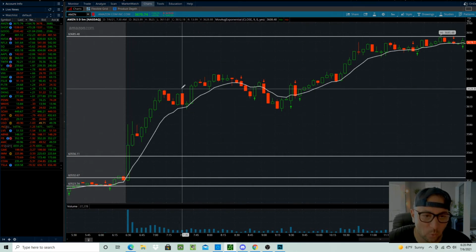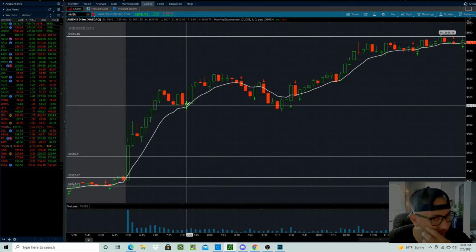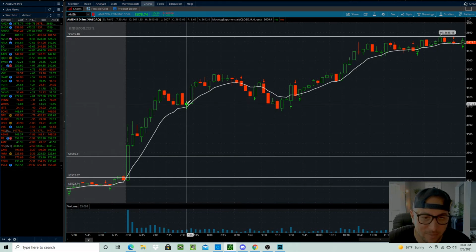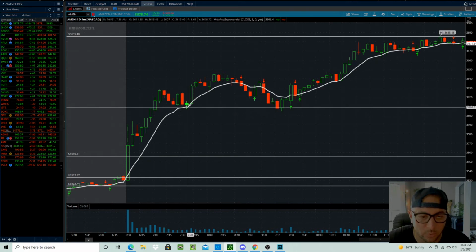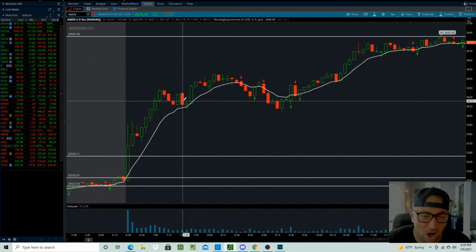The next setup would have come here, on this little green candle here, where we test the 9, break through, but on the same candle, reclaim. So this would be a bounce. We touched the 9, we broke through, however, we did not close below the 9. Your entry would have been a confirmation of that top wick,